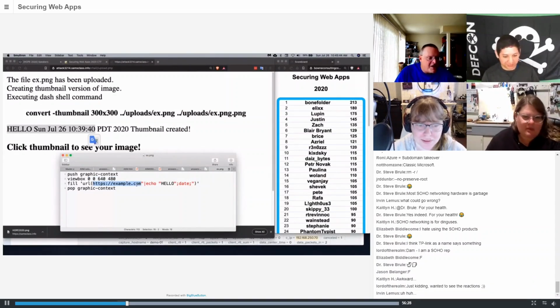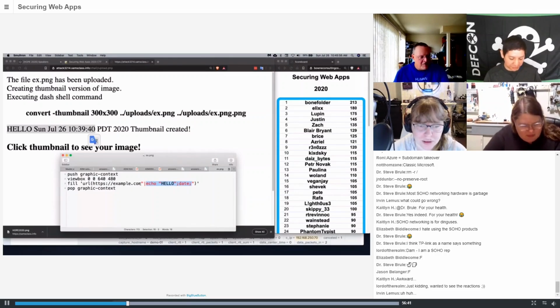And just like in my ping example, if you put in the right punctuation marks, you can now just put command line commands here, like echo hello and date, and they will run on the server. Because they did the same sloppy programming I did. They took data from the user and just made a line of code and executed it as a command line. So you can just add more commands, change these to commands, and now you have command execution on my server